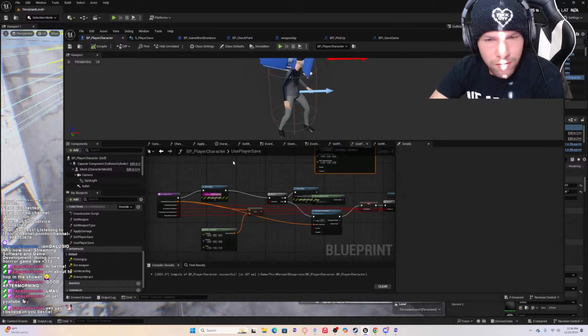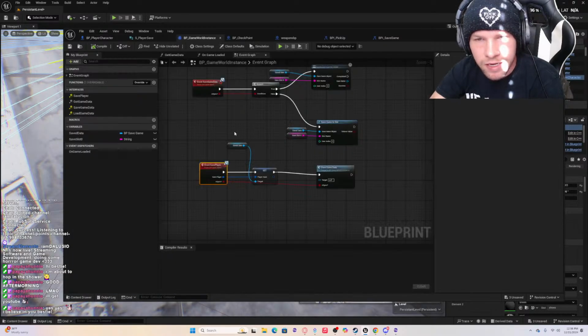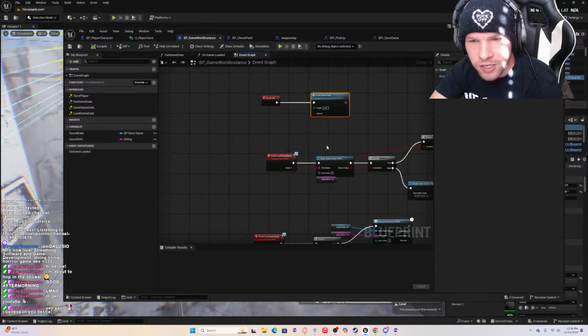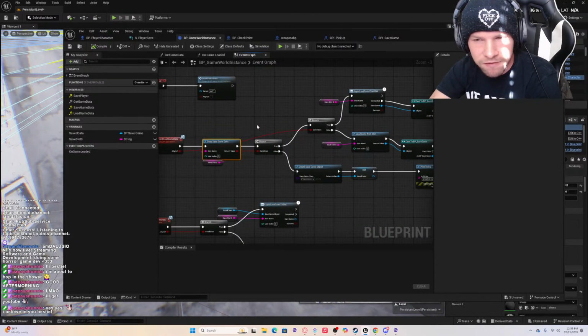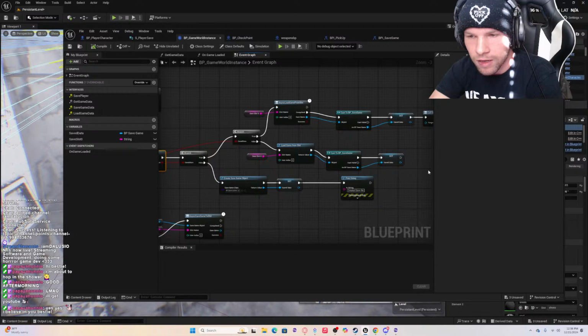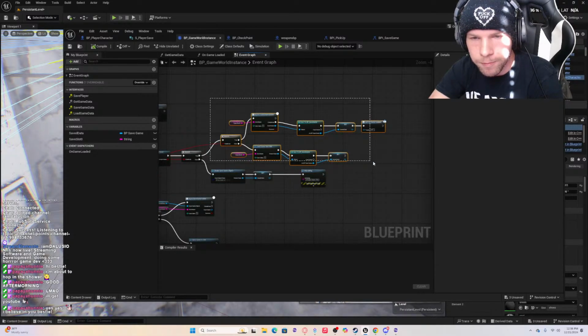So kind of what happens is it starts with the game instance. When the game loads, it runs this function, checks if there's a save slot existing. If so, it will load the game. I'm actually going to reorganize this.